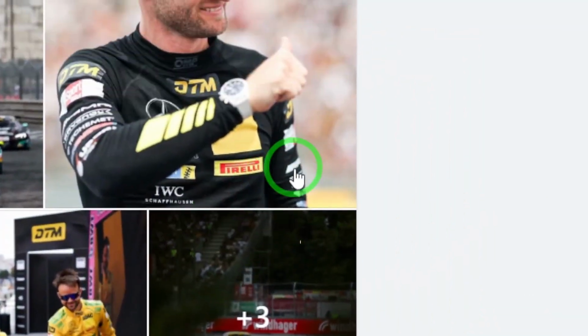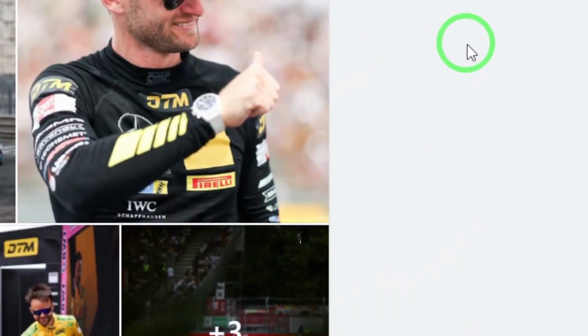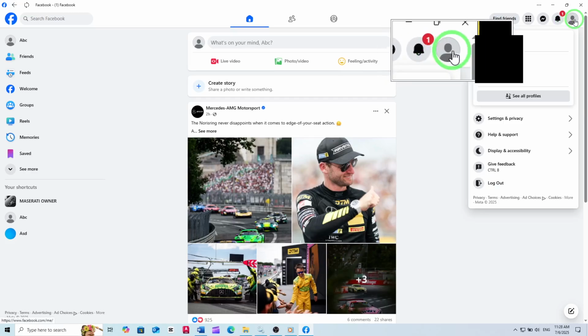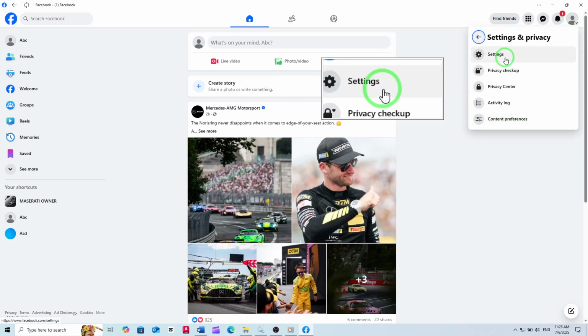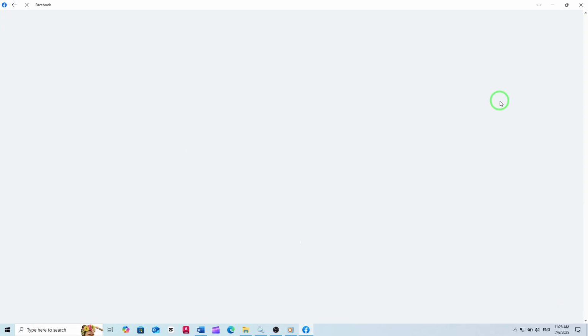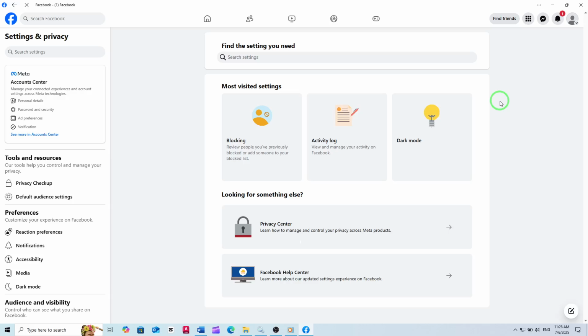Once you're in, look at the top right corner of the screen. You'll see your profile photo. Click on it. This will open a menu with several options. Next, find and click on Settings and Privacy. A new list will appear. From here, select Settings. This will take you to the main settings page where you can control different aspects of